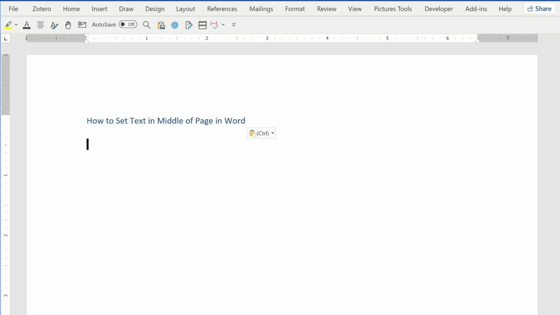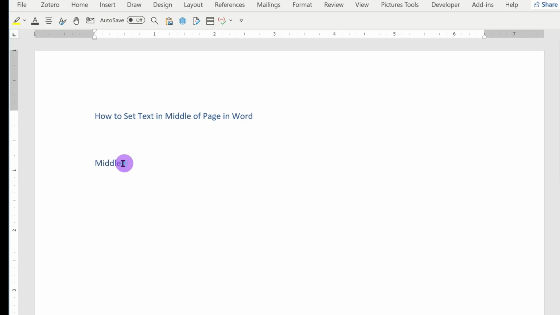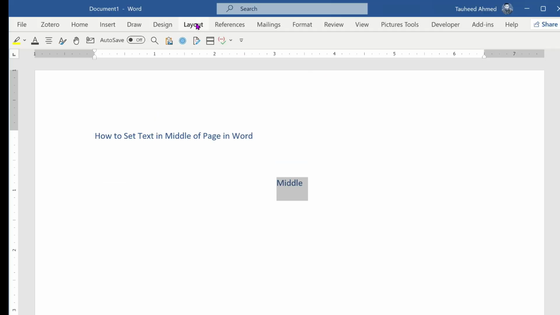Welcome back. In this video I will show you how to set text in the middle of a page in a Word document. So first you need to type your text on the page, for example "middle", and now select the text and make it horizontally centered by pressing Ctrl plus E, and then go to the Layout tab on